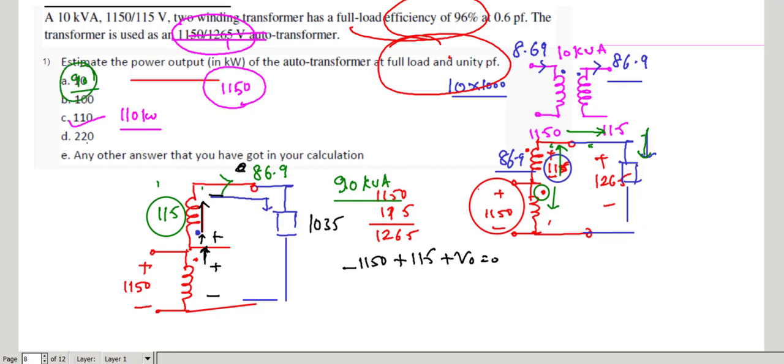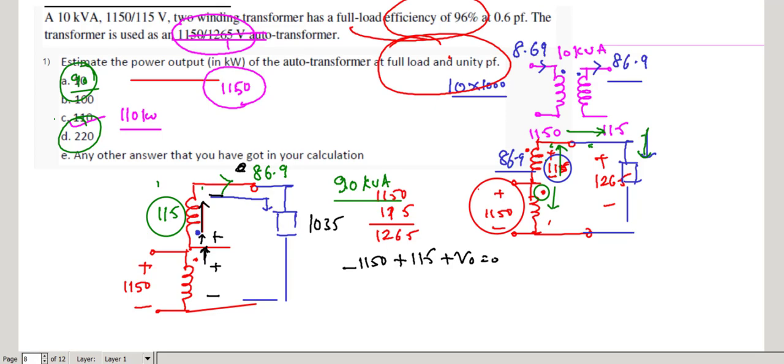So 90 and 110 is the option. He does not give any information about the secondary side voltage. He has given the information about the primary voltage of the auto transformer. Then you have to go for additive polarity and subtractive polarity, because he does not mention the secondary voltage. Whether it is additive polarity or subtractive polarity, there are two possibilities. If primary voltage is given, there are two possibilities.